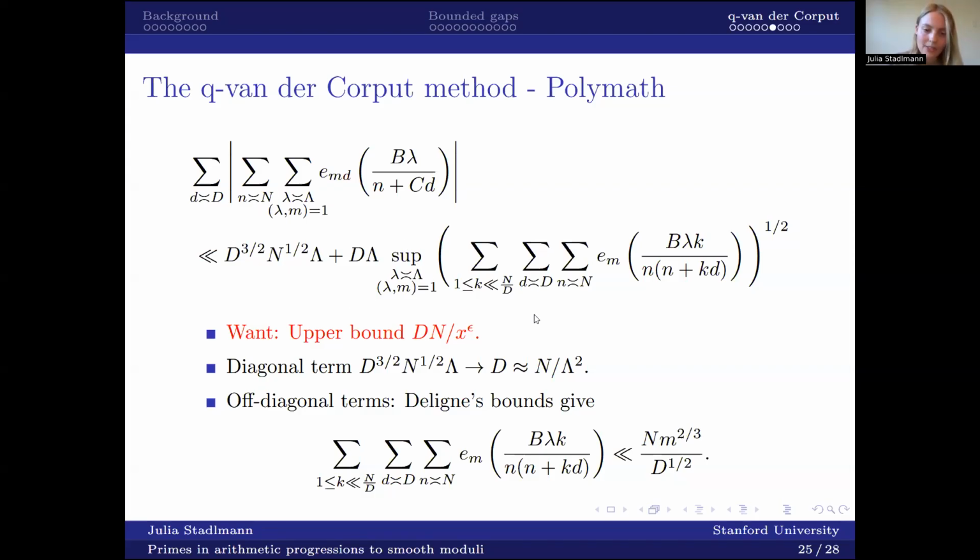And overall, what we need to show is an upper bound of dn. So if we want to make the diagonal term less than dn, then we need to make sure that d is no larger than n over lambda squared. So the diagonal terms tell us that d can be no larger than n over lambda squared. And the off-diagonal terms become smaller as d becomes larger. So we take d as large as the diagonal terms allow. And that gives us,